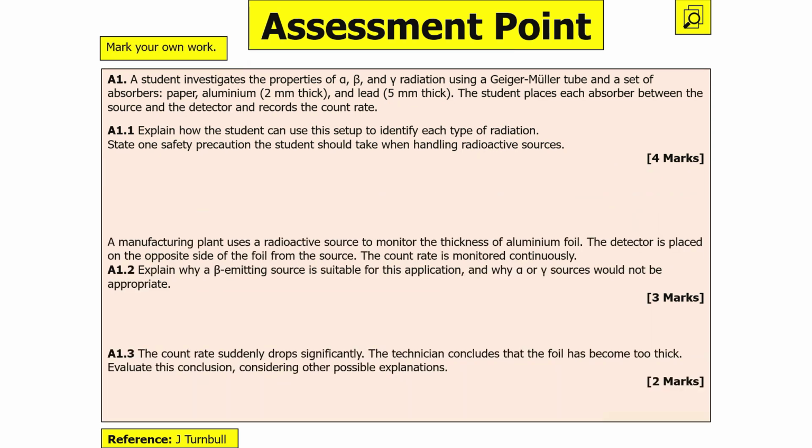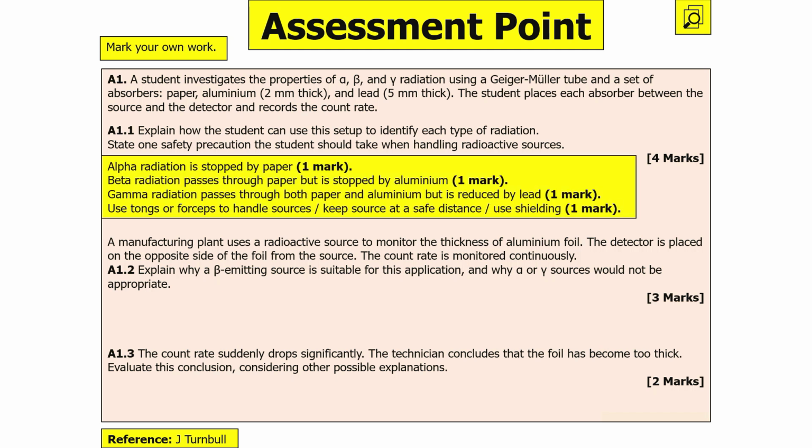In our first question, we can say that alpha radiation is stopped by paper, beta radiation passes through paper but is stopped by aluminium, and gamma radiation passes through both paper and aluminium but is reduced by lead. So we would use tongs or forceps to handle the sources, keep the source at a safe distance, or